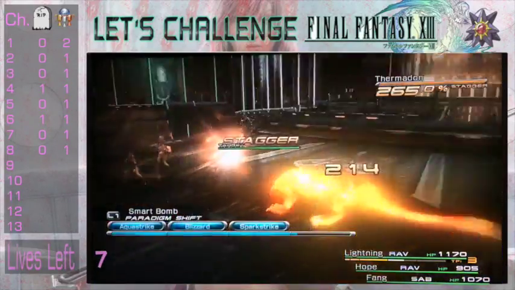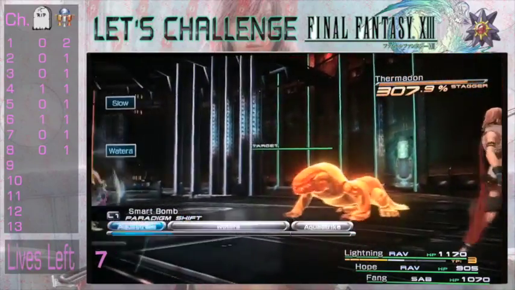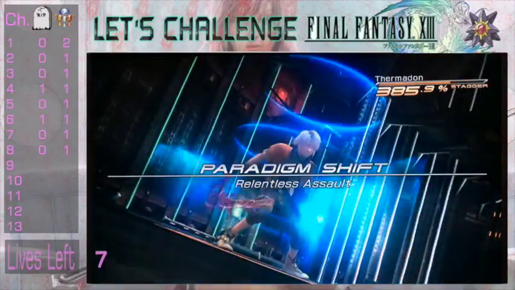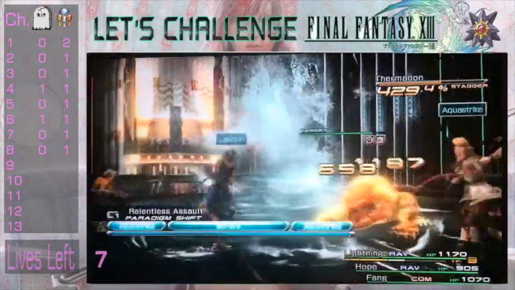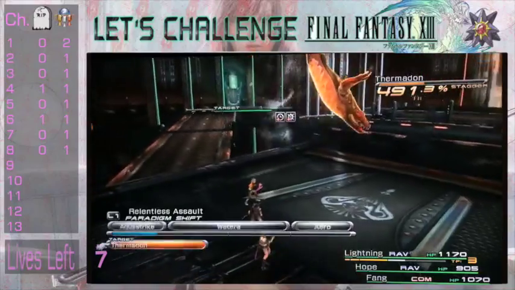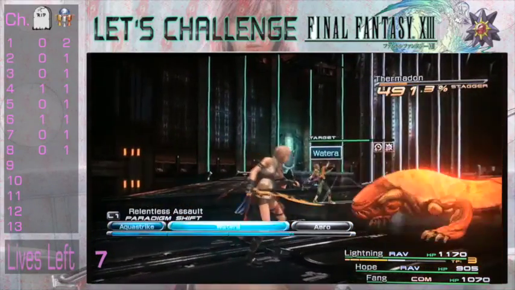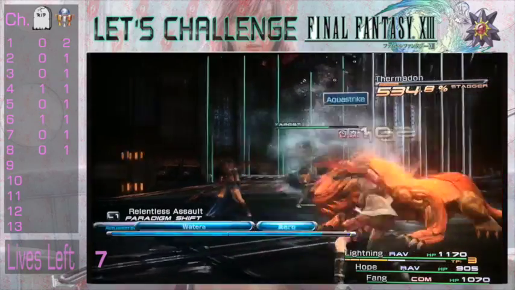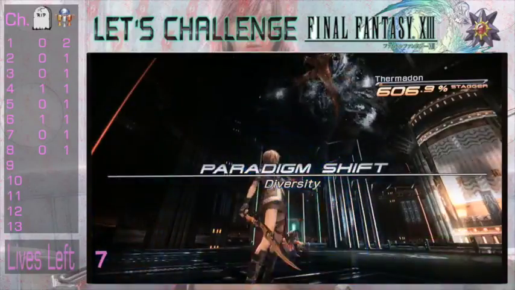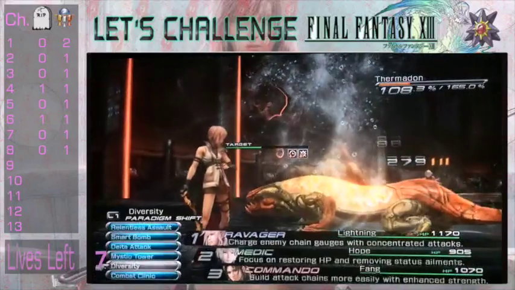So now, Thermodons with, I'm hoping that a Thermodon with a preemptive should be a very easy battle. So unfortunately we can't now use Smart Bomb to actually stagger because obviously Fang won't actually use anything. Get up there. No. So we'll see if this guy actually...